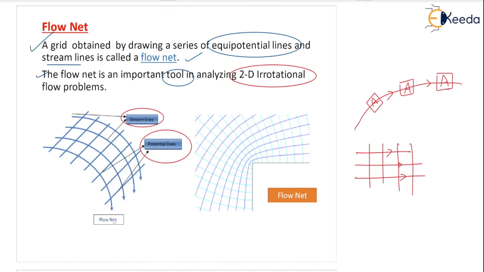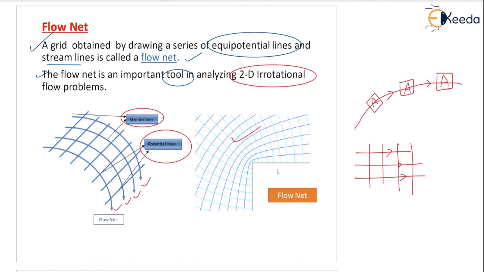You can see here in this example, potential lines have no directions or arrow marks, whereas all streamlines have the direction. Correct? In the same way here, it is not shown. That's what I told you, but it is better to show the flow net correctly. But the point is, all the streamlines must have directions. That is accurate. Otherwise, in many books they are not following this, but I'm telling you the accurate thing.